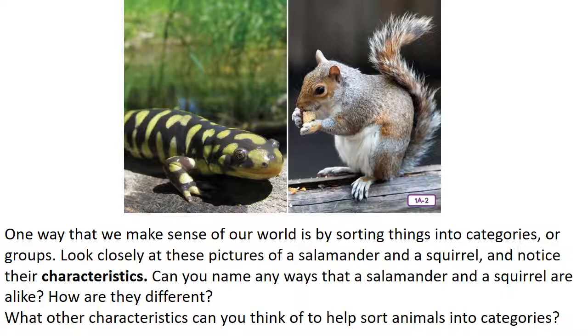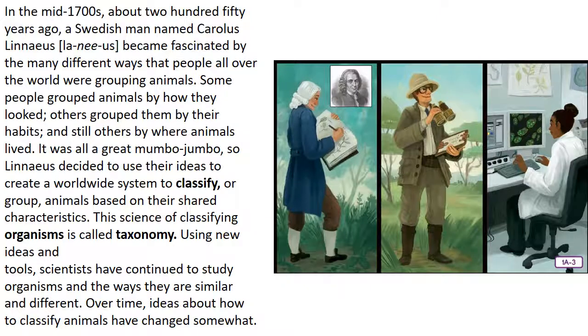So, salamander on the left and a squirrel on the right. In the mid-1700s, about 250 years ago, a Swedish man named Carolus Linnaeus became fascinated by many different ways that people all over the world were grouping animals. Some people grouped animals by how they looked. Others grouped them by their habitats, and still others by where animals lived. It was all a great mumbo-jumbo, so Linnaeus decided to use their ideas to create a worldwide system to